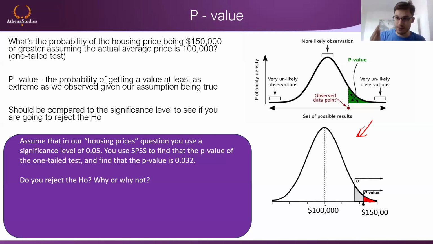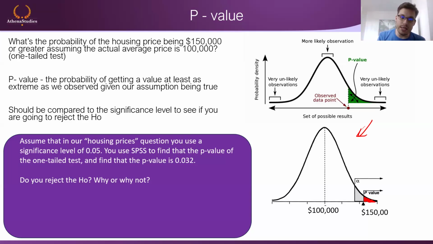So p-values basically state: if H0 is true and you still go into the sample and you get this value of 150,000, but the actual average is 100,000, that means you got super lucky. You got all the high prices of the houses, right? The p-value tells you that probability. P-value tells you what is the chance that if the mean is actually 100,000, so the true value, just so that's in another world, you don't know the true mean, right? So your true mean is 100,000. You went into the sample and you got 150,000 by picking up these numbers.